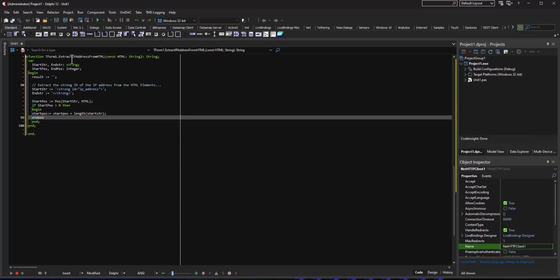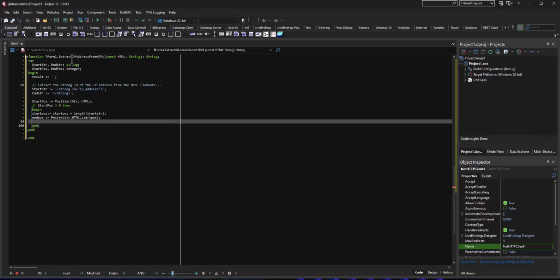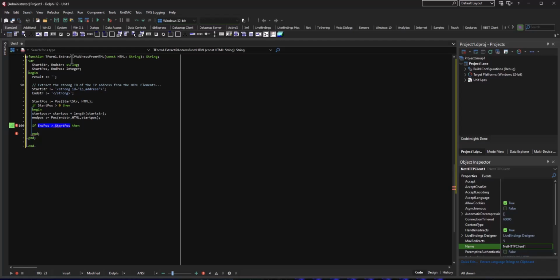End position is going to be equal to the position of, and we're going to put the end string, right? HTML start position. Now, if the end position is greater than the start position, then we will be able to